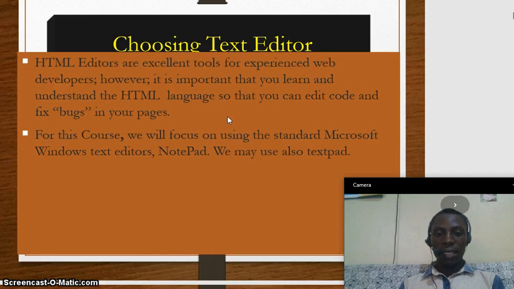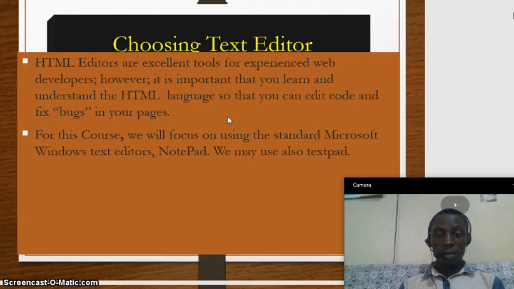However, it is important that you learn and understand the HTML language so that you can edit code and fix bugs or problems in your page. So when you learn HTML, it will help us to fix problems or bugs that are in our pages.